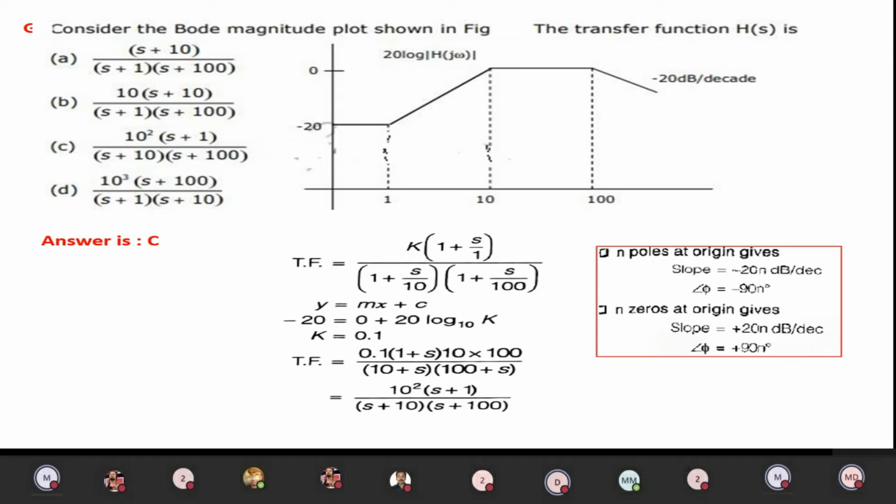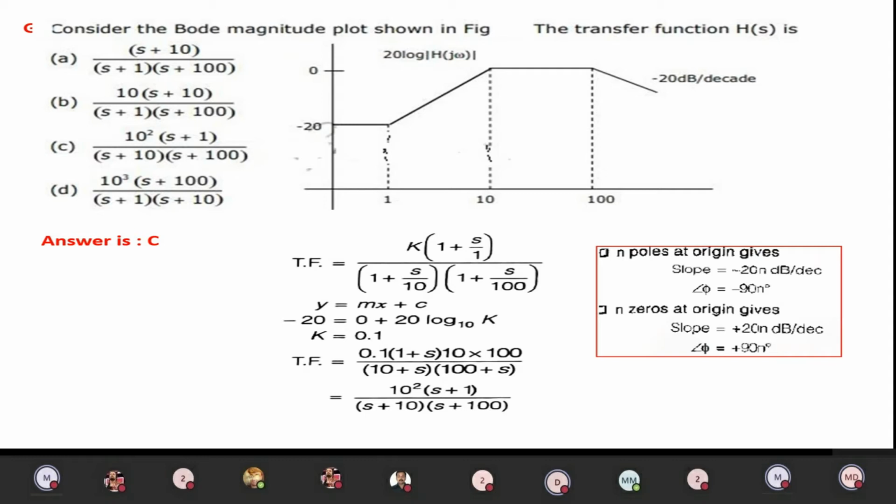And then you can see plus 20, minus 20. Minus 20 means poles. If a pole is added, then only you will get minus 20. So minus 20 is added with the plus 20, then only you will get a zero straight line. Okay, so at which frequency is minus 20 inserted? 10. So the pole is inserted, which means in the denominator you have to write 1 plus s divided by the frequency at which the pole is inserted, 10. So 10 is written over here. Okay.